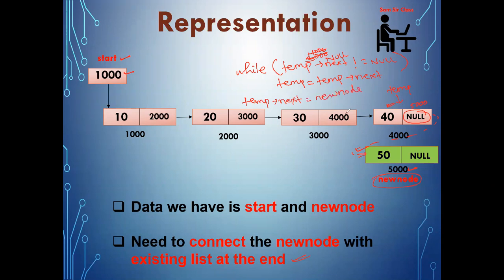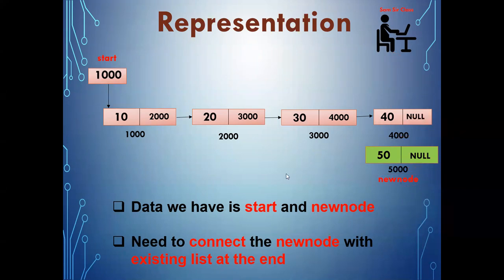Okay. So without disturbing any node, what we need to do in an array is shift every node one position left. We are not doing that here in the linked list, but we are just reaching the last node and then connecting here. We are just writing 5000 and this new link will be done. Okay, and the list will be created once again with the help of insert at the end.